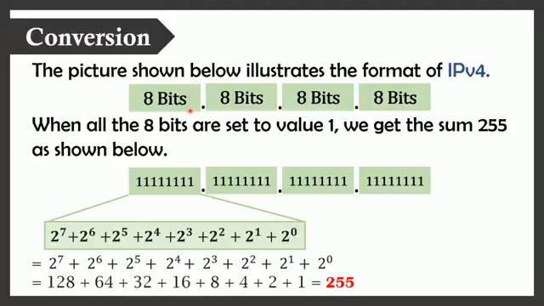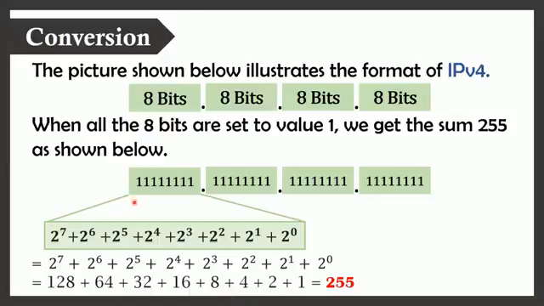So here the question arises, how does an IP address get converted from binary to numeric form? Let's take an example where all the 8 bits are set to bit value 1. Here the numbering starts from right to left, unusually. The first bit value represents 2 raised to 0, the second bit value represents 2 raised to 1, the fourth 2 raised to 3, and so on. When we calculate these exponential forms, we get the following results, where the first bit has the value 1, the second bit has the value 2, the third bit has the value of 4, and so on till 128.